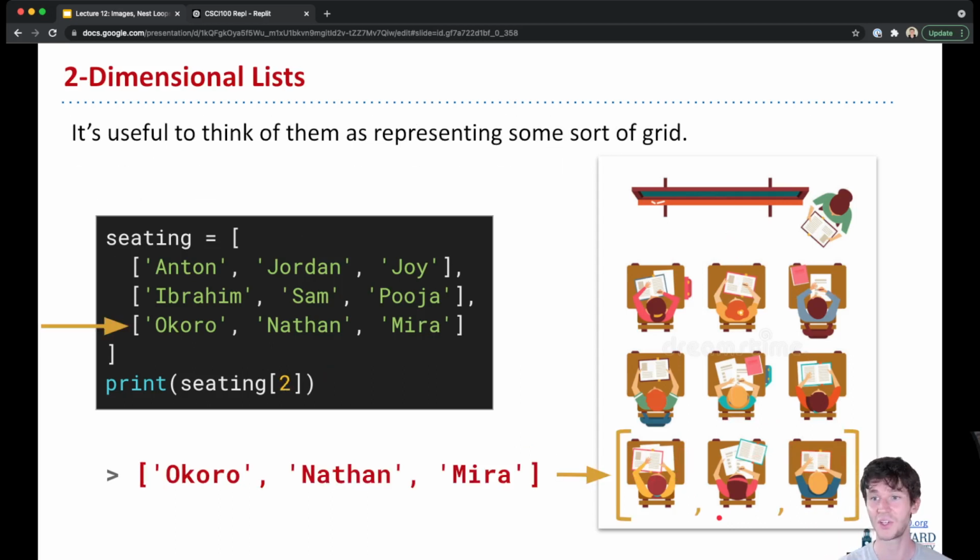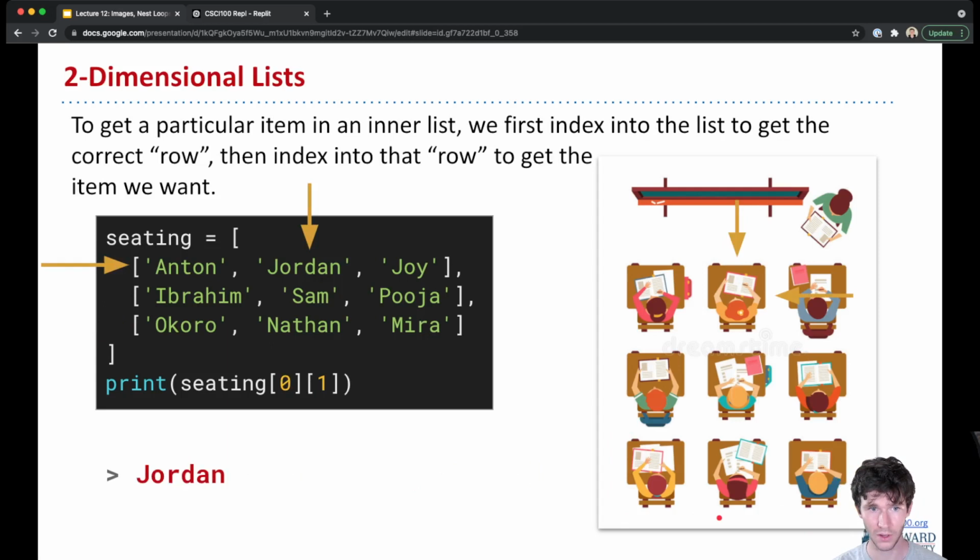Now this is how you get back your rows, but what if you actually want to look at a particular student? If you want to look at a particular student, you go and get their row, and then you index into that row, because it itself is a list, to get whatever student you want in that row. So here, for example, I have the first row in the class, which, remember, is the 0th row because in Python we start counting from 0. And now if I want to get this student right here, who is the second student in the row from the left,